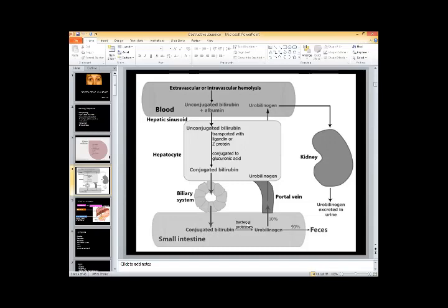this conjugated bilirubin, by the action of the intestinal flora, bacteria, is broken down further, and this is called urobilinogen. Some of it goes into the feces, very little of it is reabsorbed into the portal vein, and it goes again into the blood, and it is secreted in the urine as well. So all of this goes out, 90% through the feces and 10% through the urine. So this is again a picture of bilirubin metabolism.